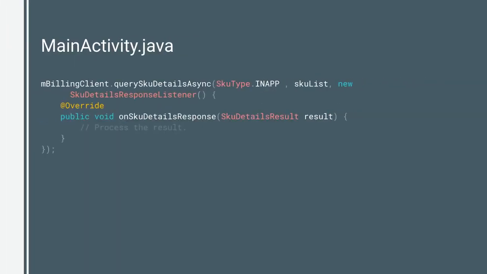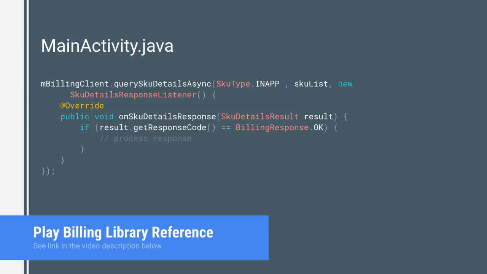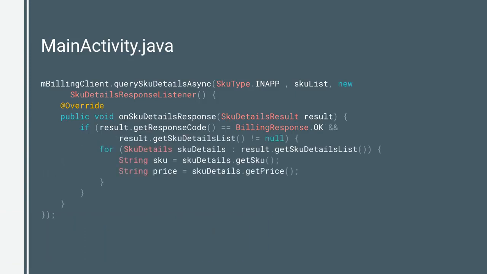You must also specify a listener which implements the SkuDetailsResponseListener interface that overrides the onSkuDetailsResponse method to handle the result. Call the getResponseCode method on the result to check for the response code. The response code should be BillingResponse OK if the request finished successfully. To view all the possible response codes from Google Play, see the Play Billing Library reference. To retrieve the list of SkuDetails objects, call the getSkuDetailsList method. You can call a variety of methods on the SkuDetails objects to view relevant information about each item, such as